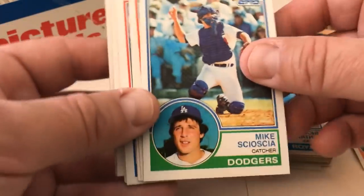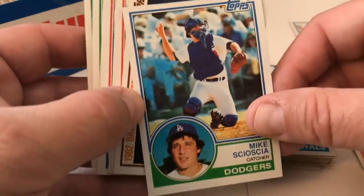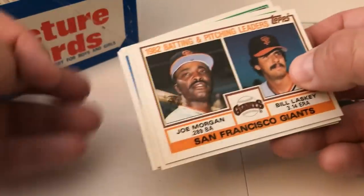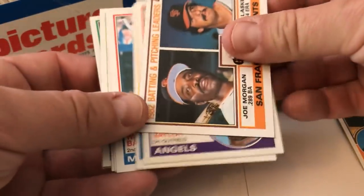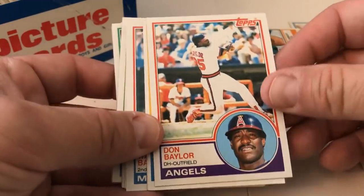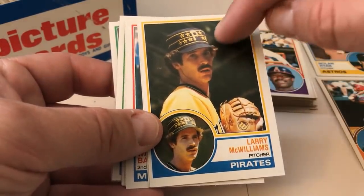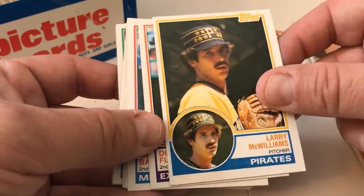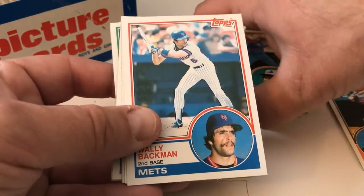Mike Scioscia. Third-year card for him. Giants leaders Joe Morgan and Bill Laskey. Don Baylor, nice card. Larry McWilliams. You can see the Stargell stars on his hat right there. Both pictures, pretty cool. Doug Flynn, Wally Backman,